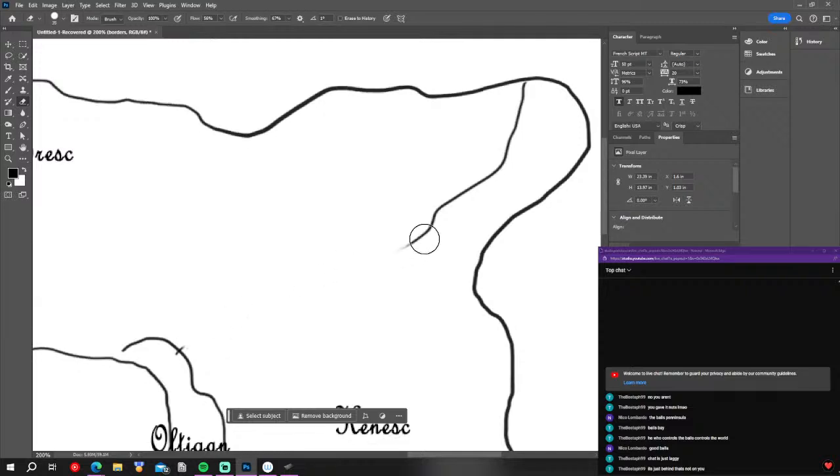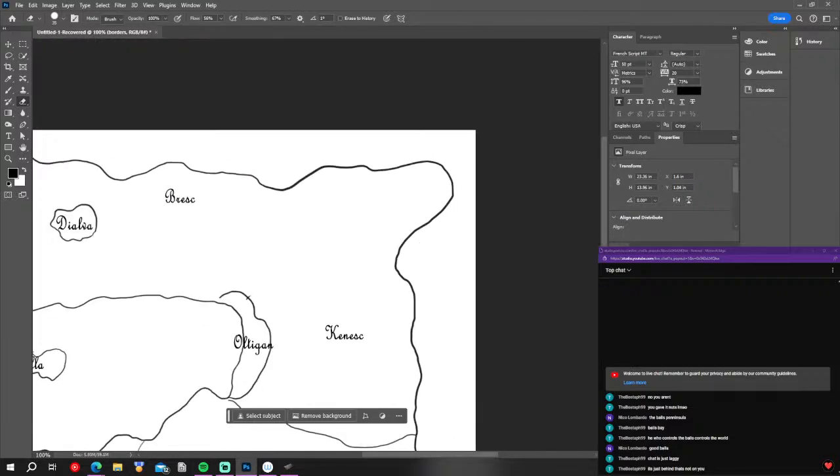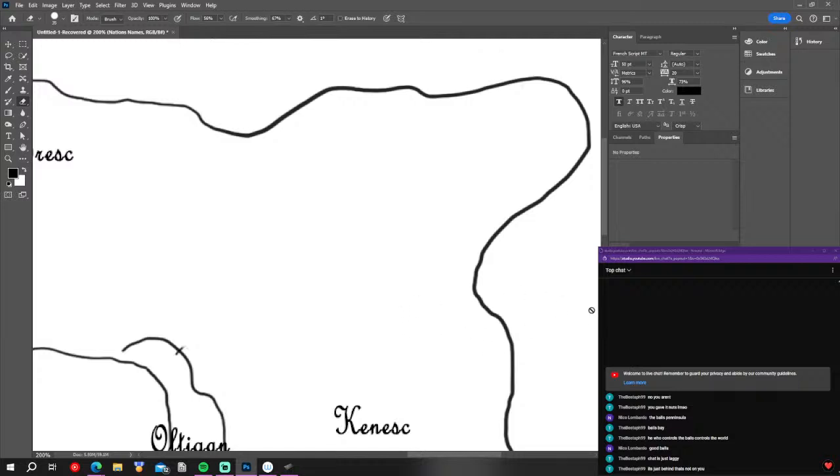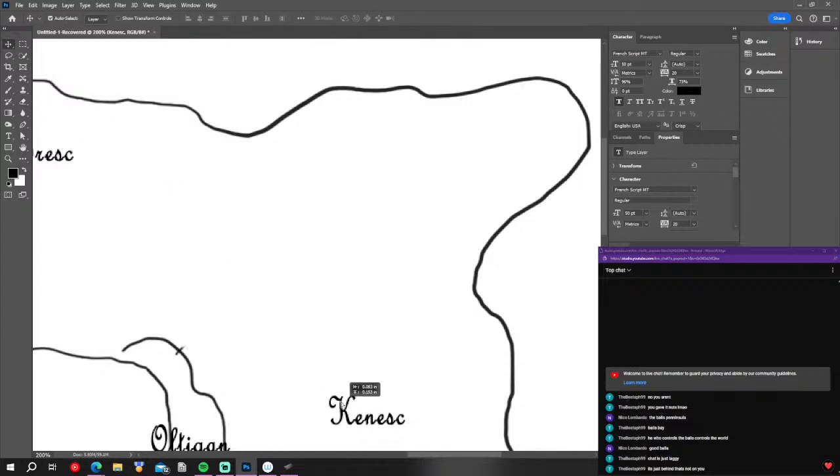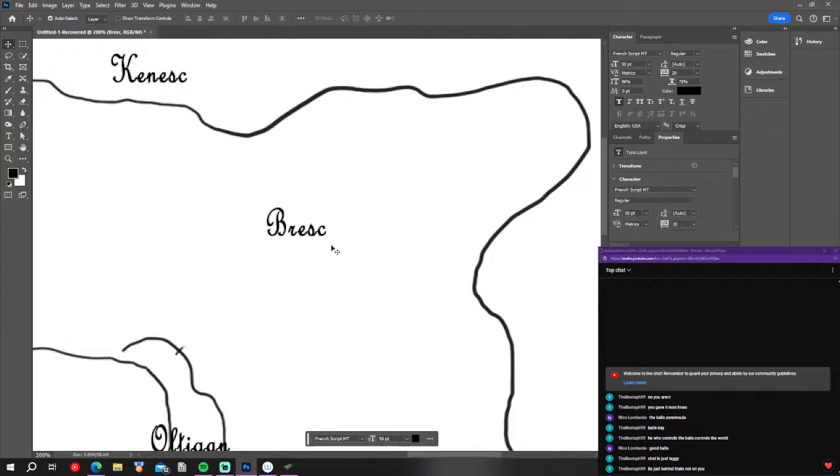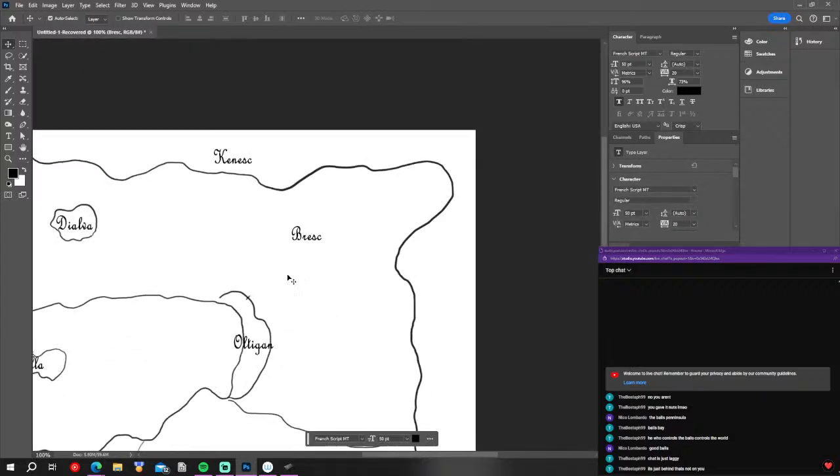Dot that up. Very nice. All right. And then let's go through. I think the more we organize now, the better it'll be later on. The less confusing it'll be. So just slide Kinesk up there. And then Bresk, you can come over here. You're this large nation. And I think I actually had Altagan being a little bit bigger up here, but